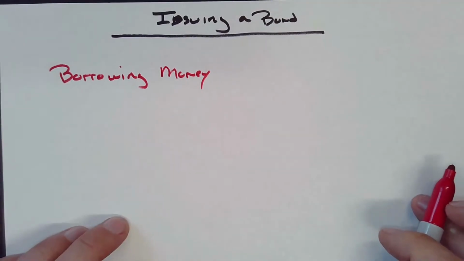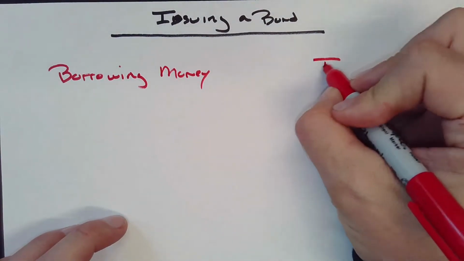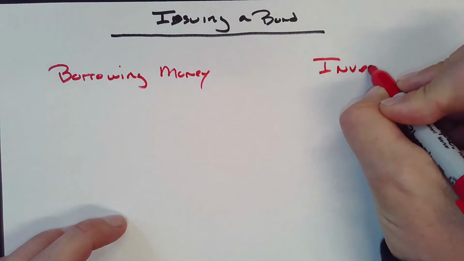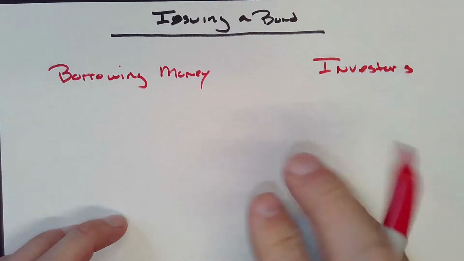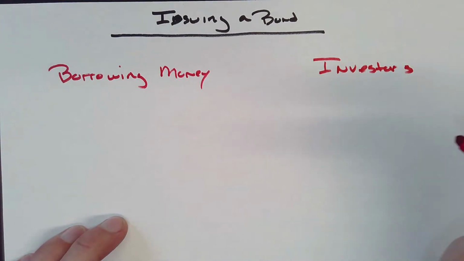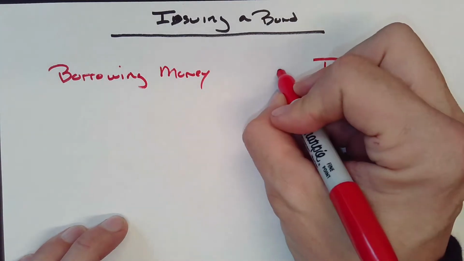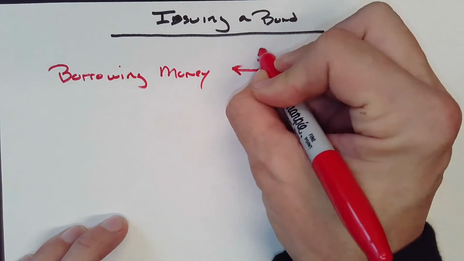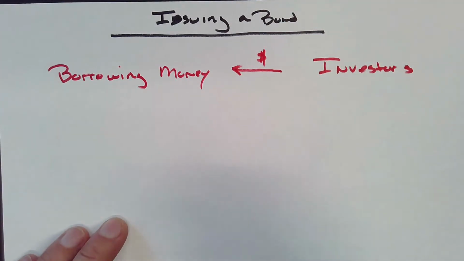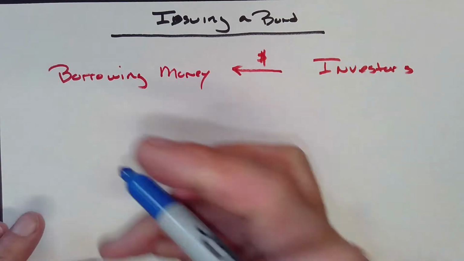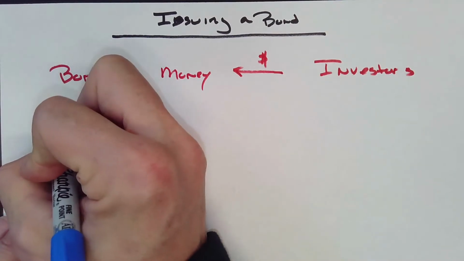And we're borrowing it from investors. So investors are interested in our debt, and they are going to hand us cash. And in exchange, we're going to give them a contract that lists out what's the face amount,